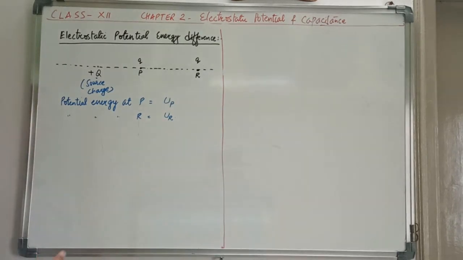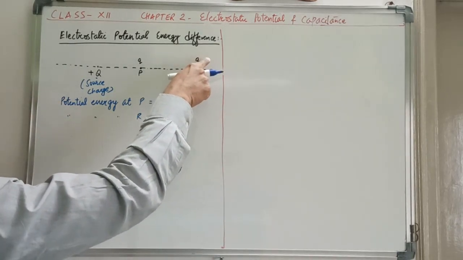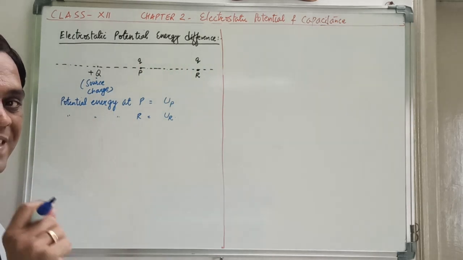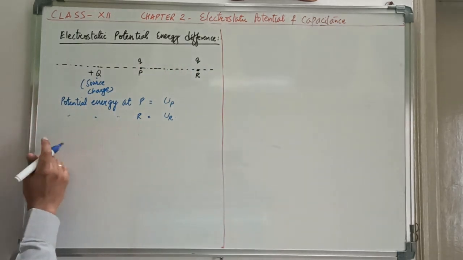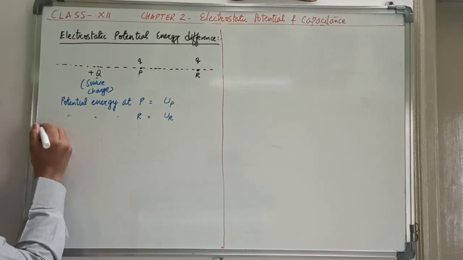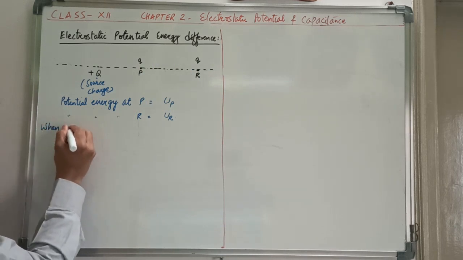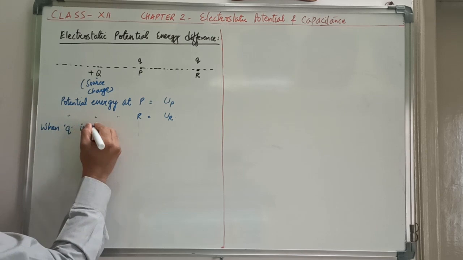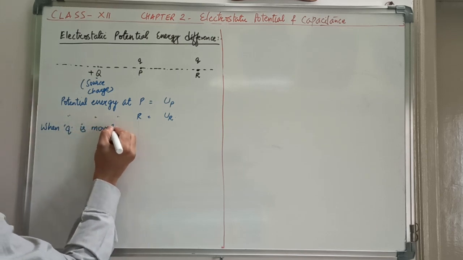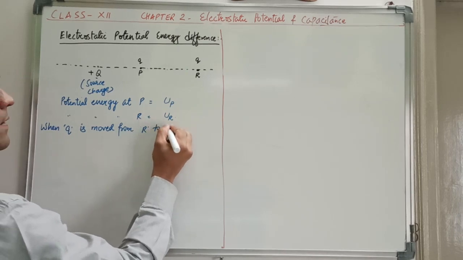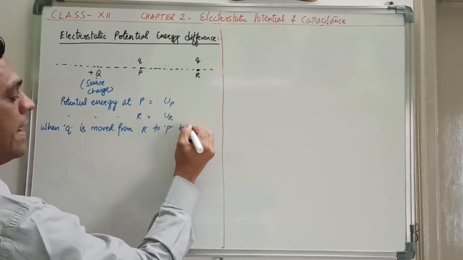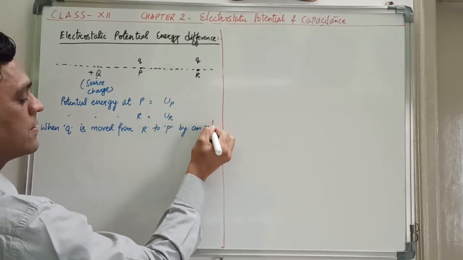So suppose by an external force a charge is moved from R to P, then since electrostatic forces are conservative forces, we can write that when q is moved from R to P by an external force,